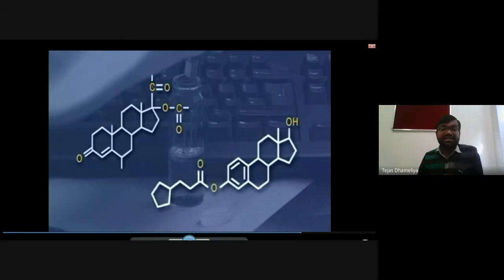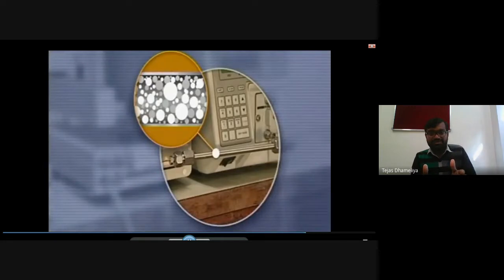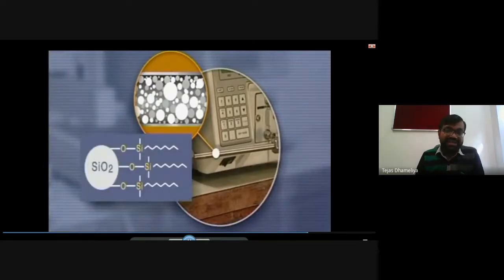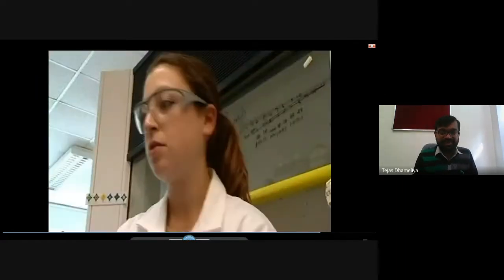Here they are showing a synthesis. Here they are showing the separation of two compounds. So how it can be achieved from a vial, and this is made up of your column which contains silica particles packed inside the column, and they are nothing but C18. Here they have prepared the injection, and this is the way it is.